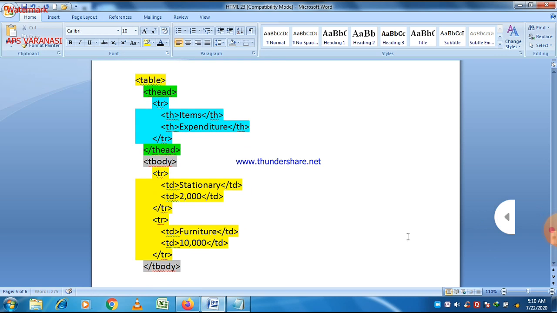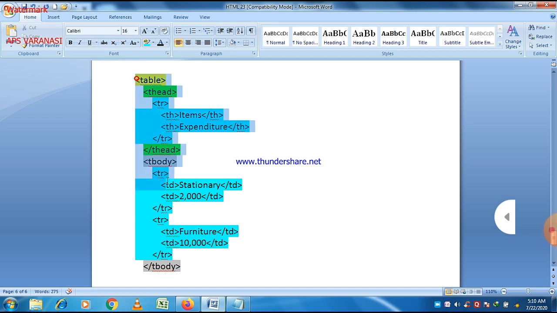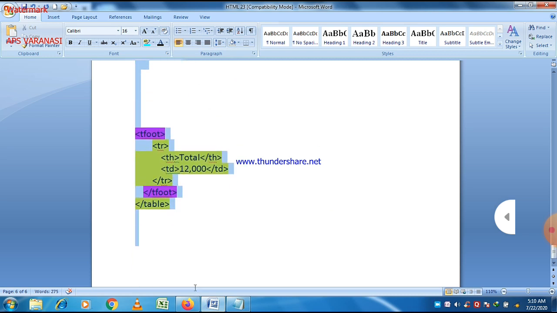Now you can see here. Again I put different colors to show the different sections. You can see that t head is in a different color to show that it is a different section.